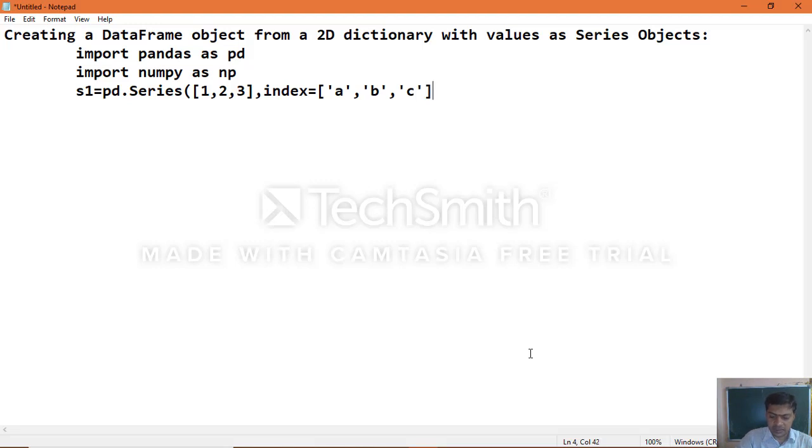Okay, another series object, s2 equal to pd dot Series of again 4 comma 5 comma 6, index equal to a comma b comma c. Now we created two series objects.